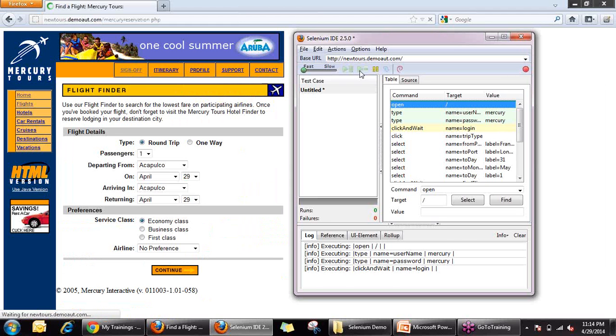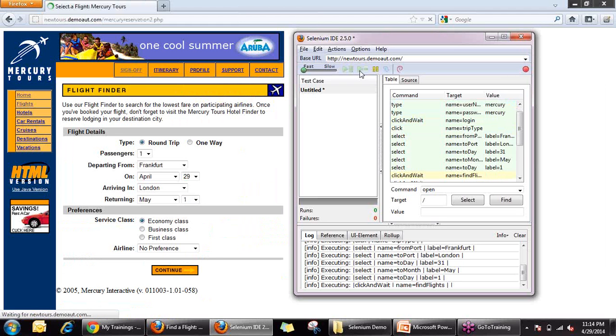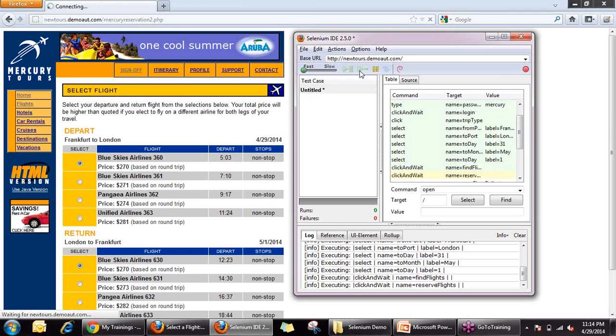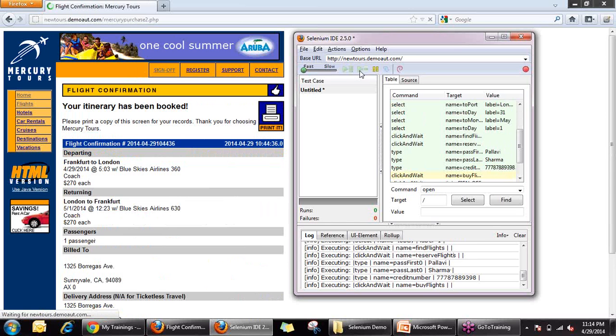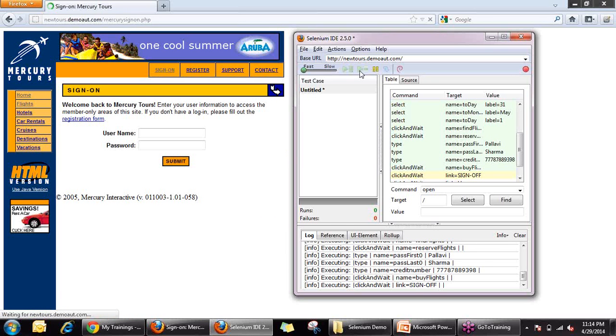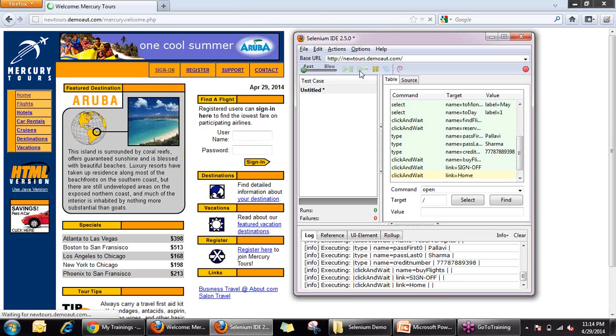In case any of the commands fail, you will get a red line there. So we can see that we have successfully recorded our very first scenario with Selenium IDE and also replayed it